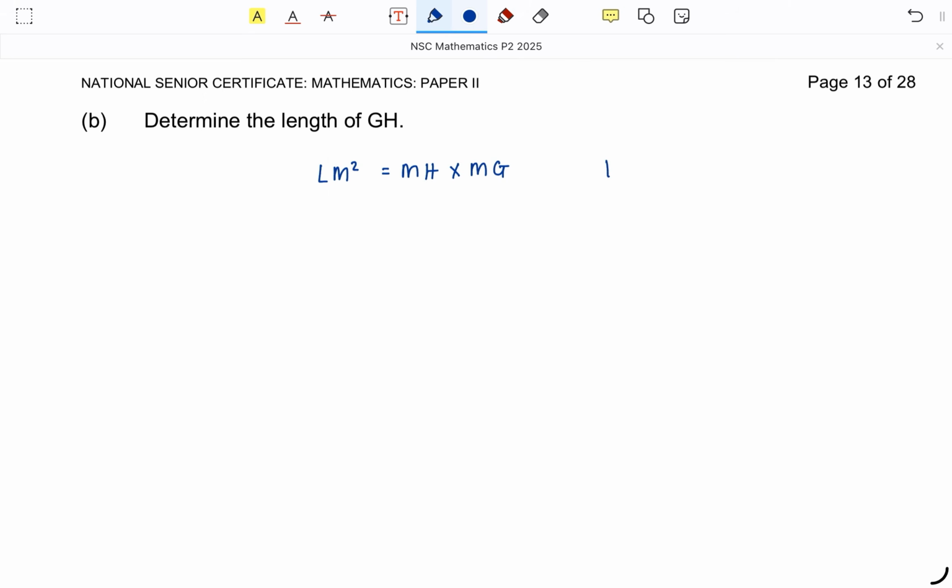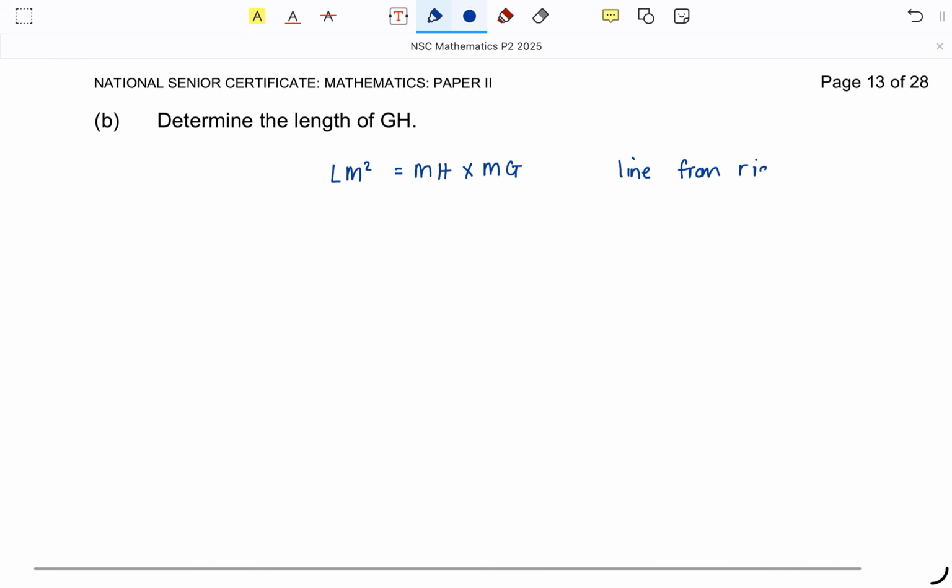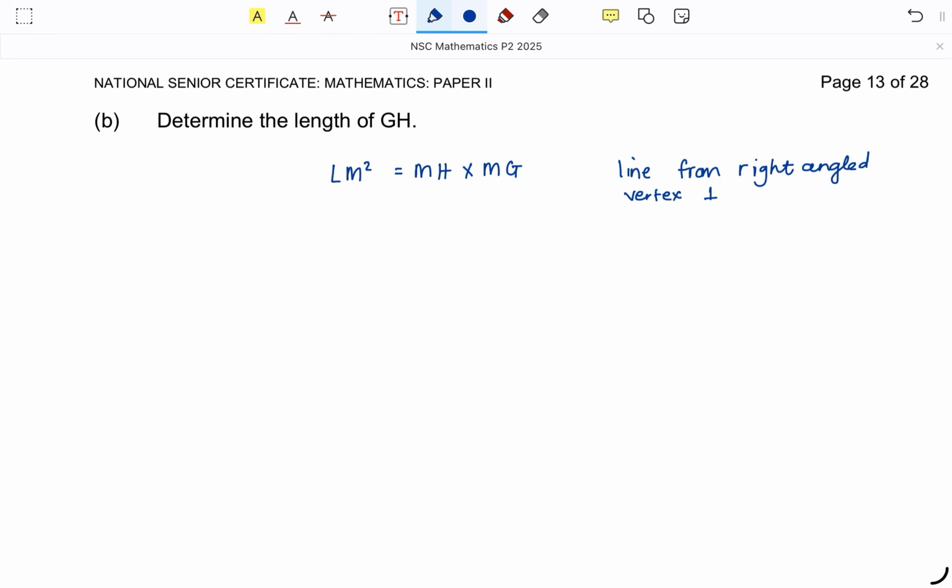And then we've got to just say that there is a line from the right-angled vertex perpendicular to the hypotenuse. Now we can go and sub in all of the values. So we actually have ML, that's 15. We've got MH, that's 12, times MG. And then we can solve MG